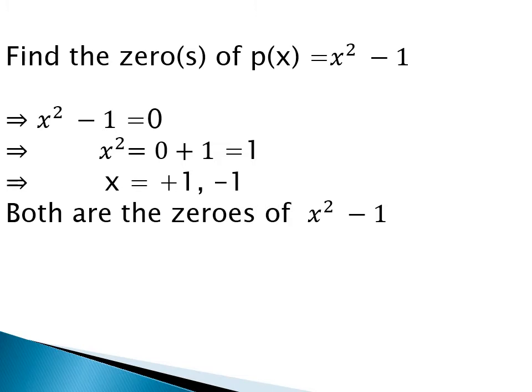Now I just want to see one point here. What is the degree of this polynomial? Degree is 2, so it is a quadratic equation. You have already studied the classification of the polynomial based on degree. Now the degree is 2. That means you can expect 2 zeros for the polynomial. It is not necessary that we always get 2 zeros. Sometimes we are unable to calculate the zeros, but we can expect a maximum number of zeros depending upon the degree. Understood? So with the degree, we expect that 2 values are possible here.